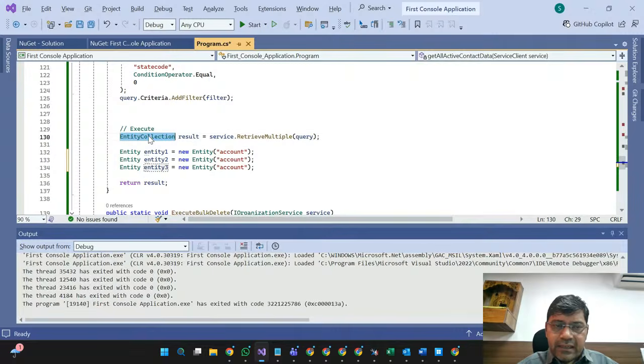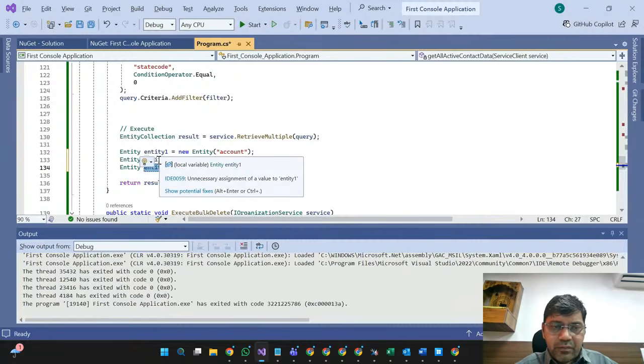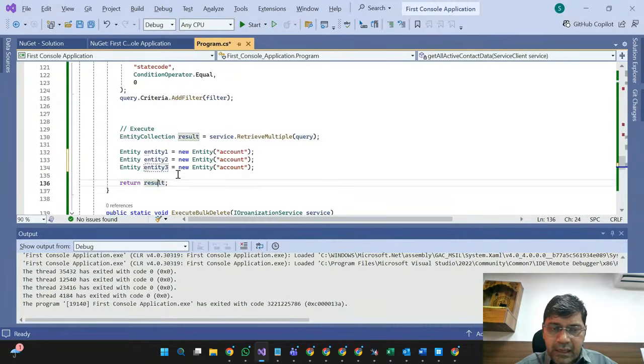This entity collection can hold entity 1, entity 2 or entity 3. So an entity collection is a combination of different sets of entities. But how can I retrieve them? If I need to retrieve this information from the entity collection,